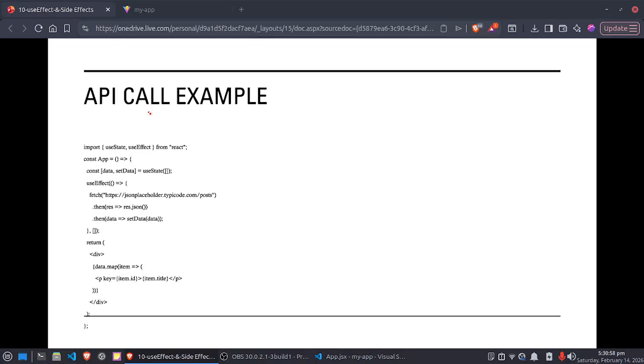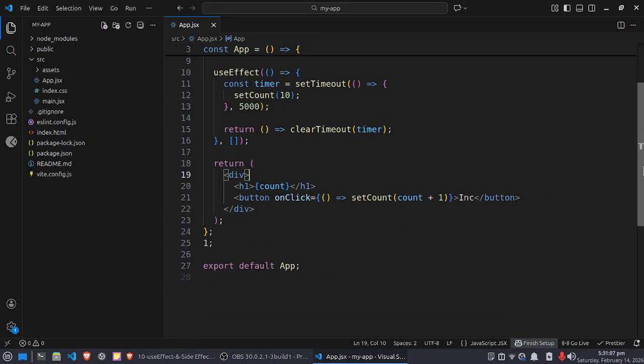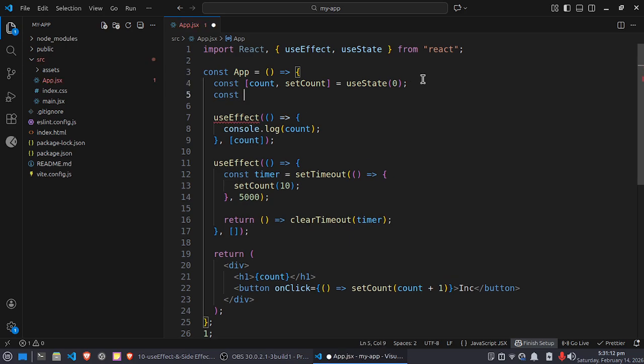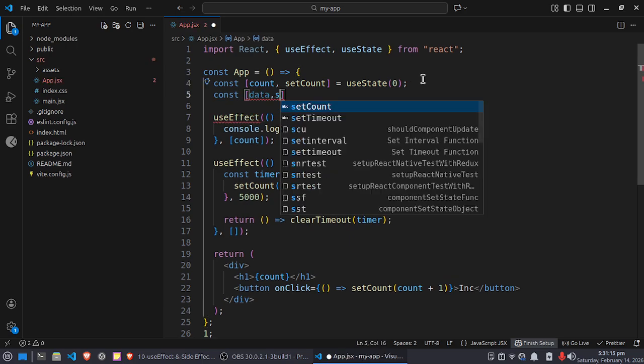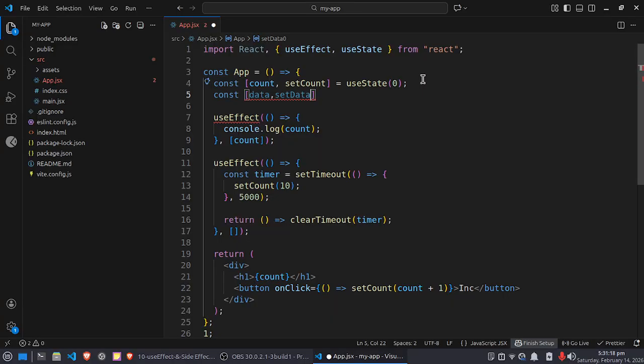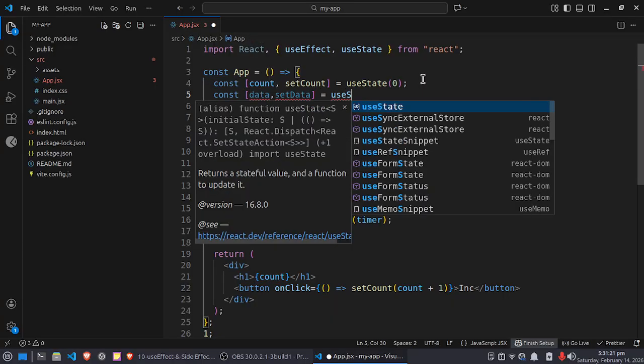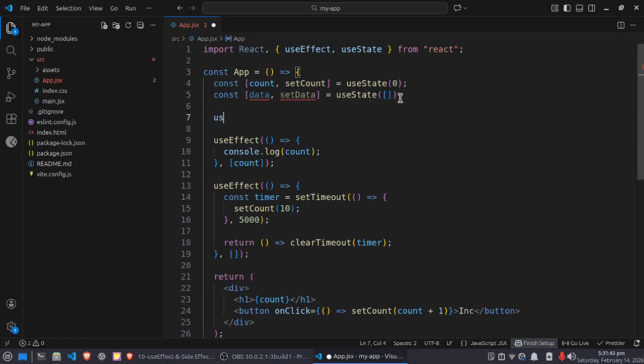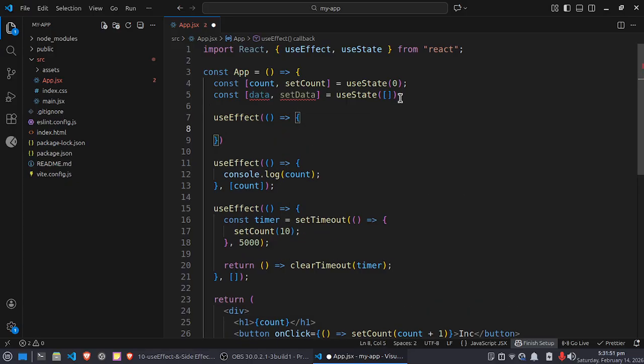Now let's see the API call. Let me write here the new state: const [data, setData] = useState([]), a blank array. Now write a useEffect with a callback function, and use fetch for